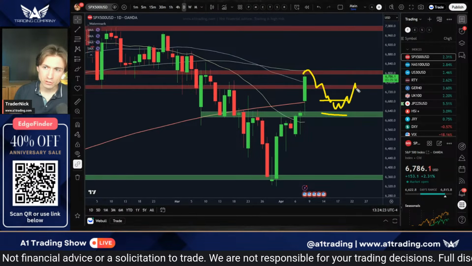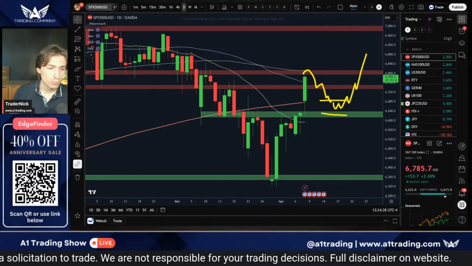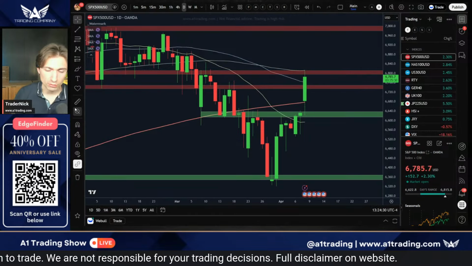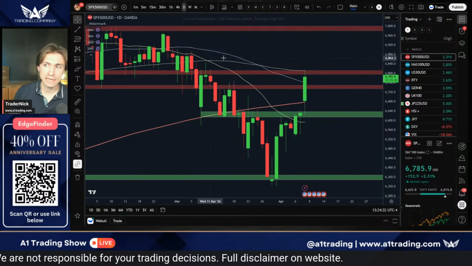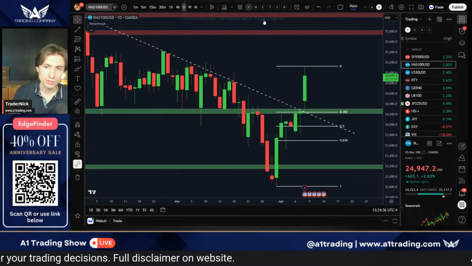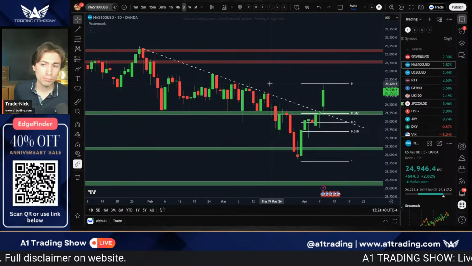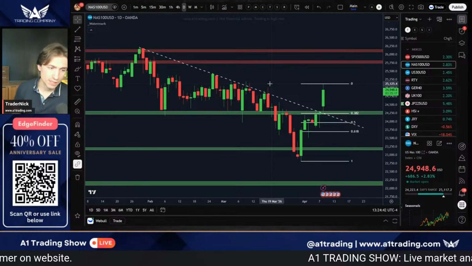This general area looks like a spot where I'd be looking for follow through to the upside, with a stop loss in place in case I'm wrong, right? Because I could be wrong. Things could fall apart again and get much worse. I don't know, and nobody knows with certainty what's going to happen next. But I do think that there is enough of a breakout in momentum to the upside,